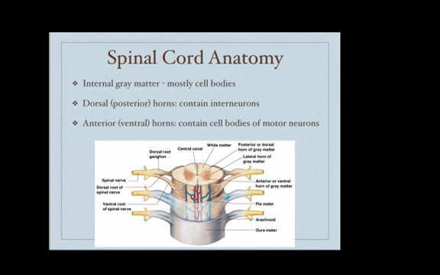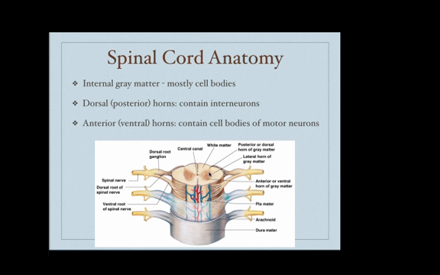Okay, so remember that white matter is myelinated axons and gray matter is mostly cell bodies. We can see here that a lot of our cell bodies are found in the middle part of the spinal cord, in this H-shaped region of gray matter. It's also described as being butterfly-shaped. Specifically, in the dorsal or posterior horns, which is this pointy part on the dorsal surface of the spinal cord,